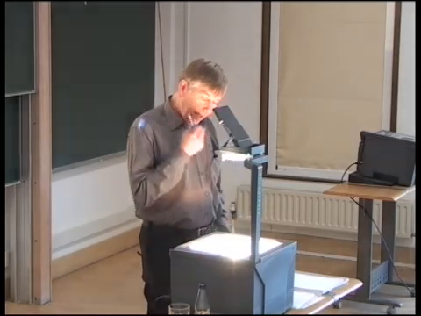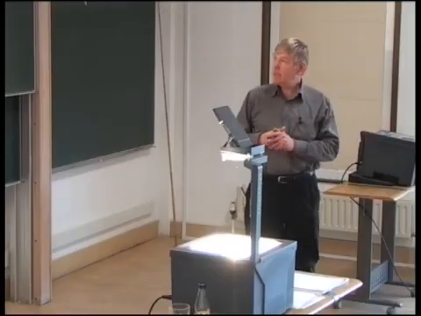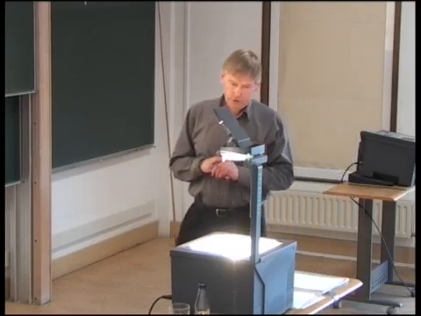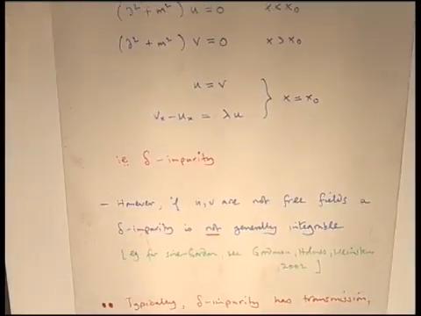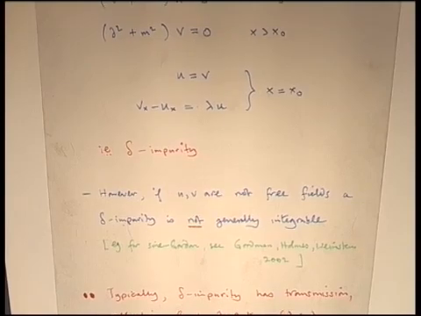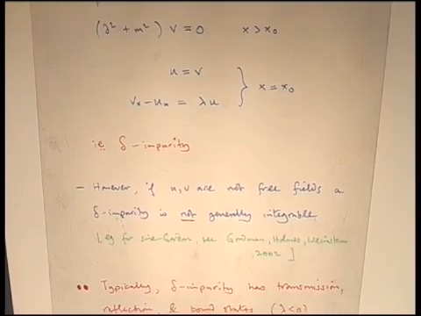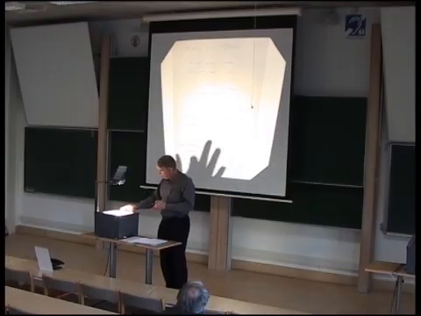Now, a typical aspect of this is that if u and v are not free fields, then of course you can put in a delta impurity if you like, and of course people have done this. In fact, many people have done it, and typically you have to consider what happens numerically, because the integrability is typically destroyed. So for Sine-Gordon, there are quite a lot of investigations, and for nonlinear Schrödinger, similarly KdV and so on. And this bunch of people have done quite a lot of work actually, but I mention them only in the context of Sine-Gordon.